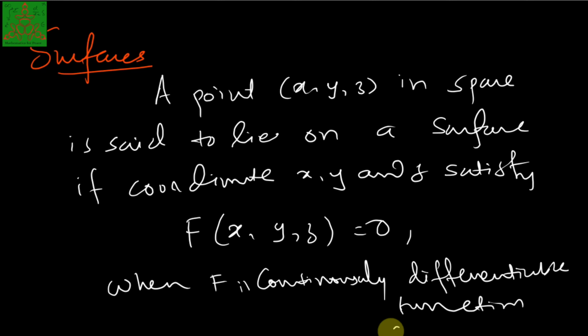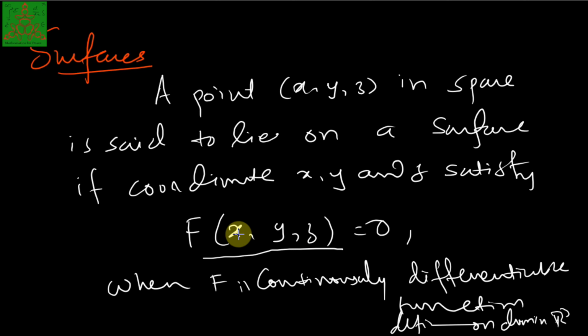Defined on a domain in R3. So any equation which satisfies this type of equation is known as a surface. Therefore, a surface is a locus of the point moving in a space with 2 degrees of freedom, because